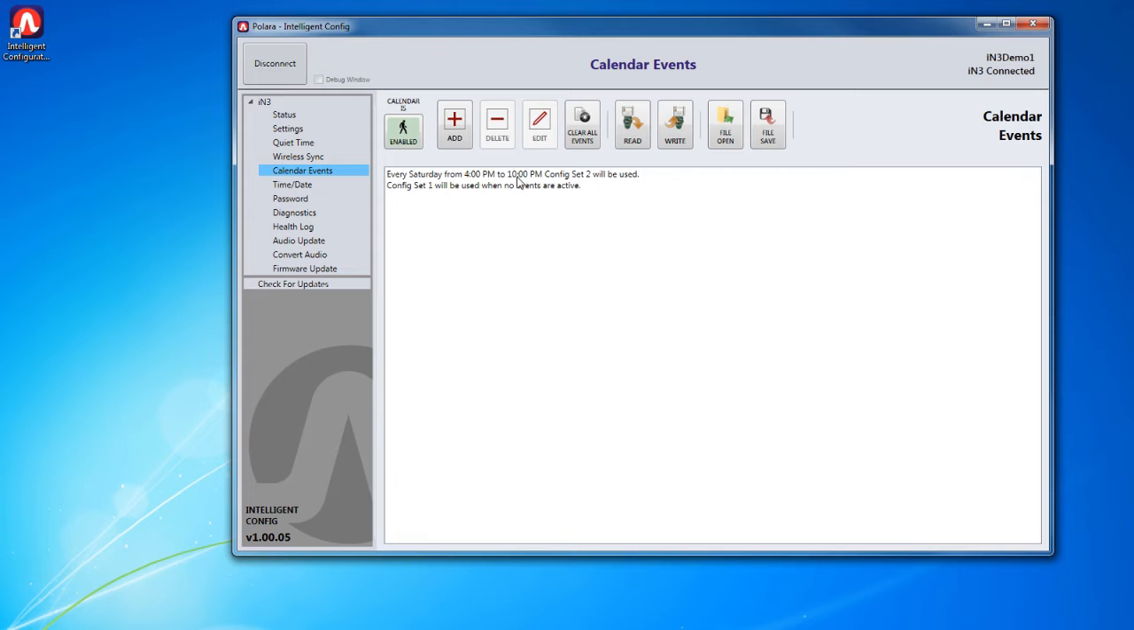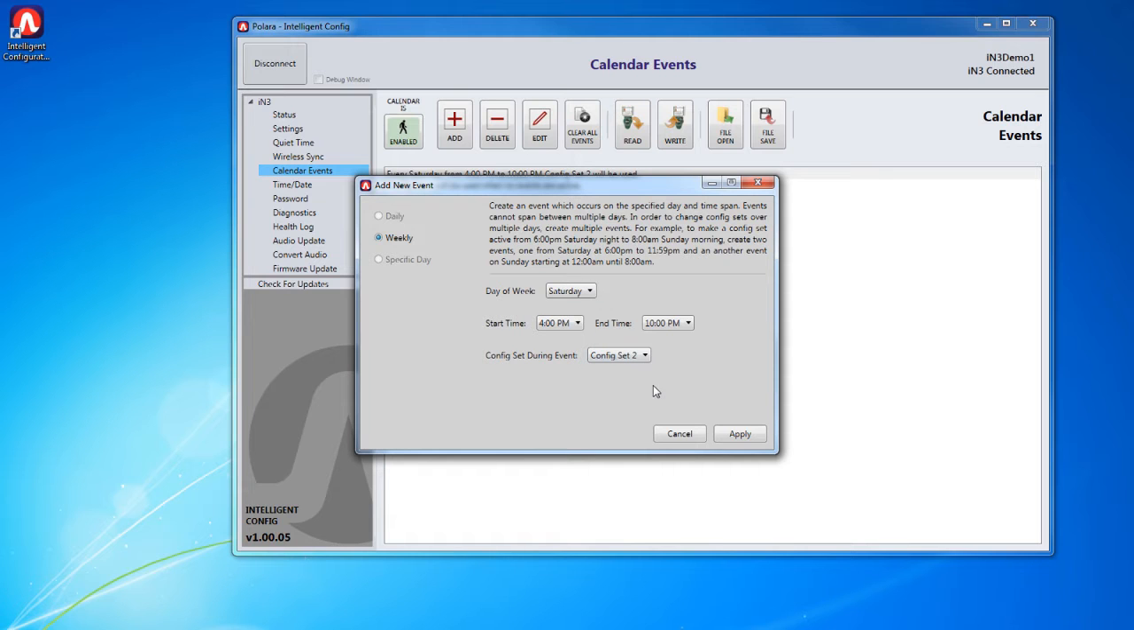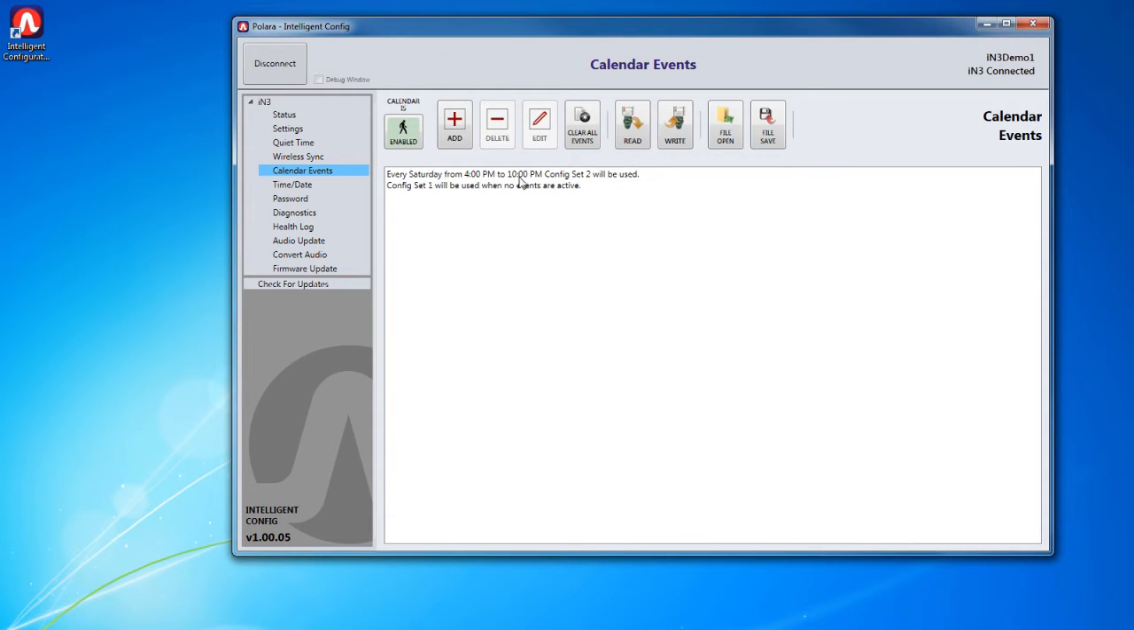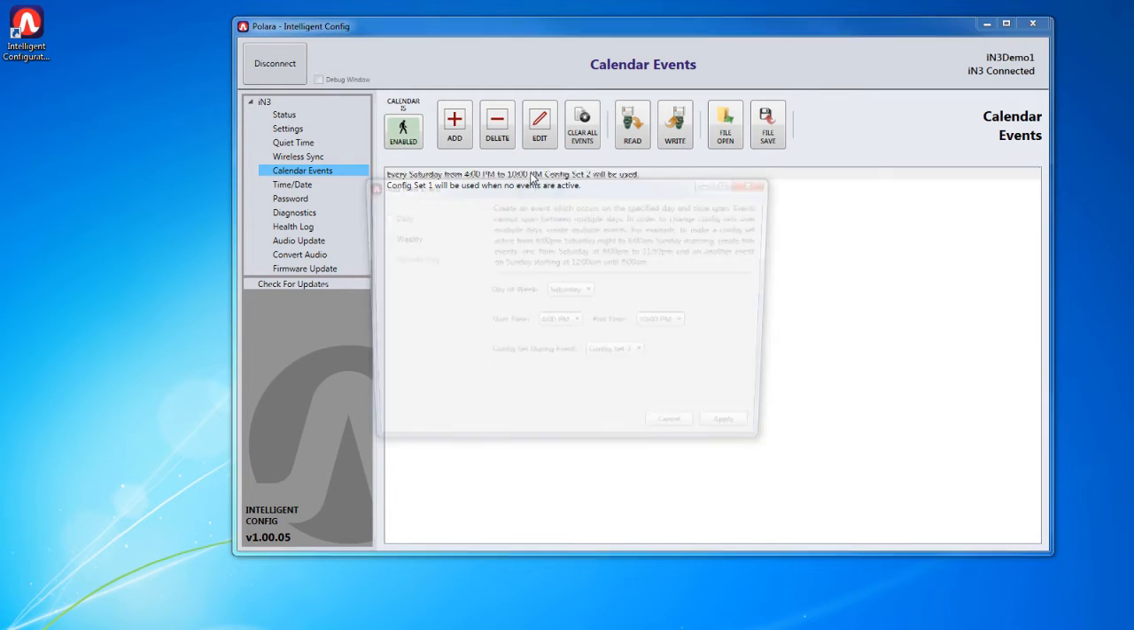If you want to make an edit to that calendar event, simply select the event you want to edit, click the Edit button, and you can make changes in this window. If you want to delete a specific event, select the event and click the Delete button. Now before I delete this,